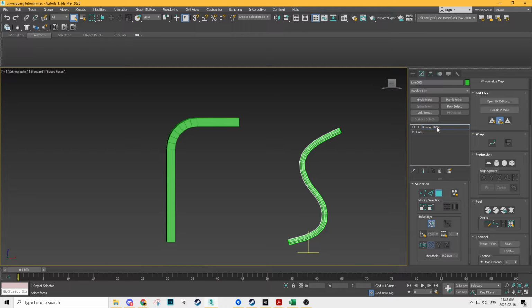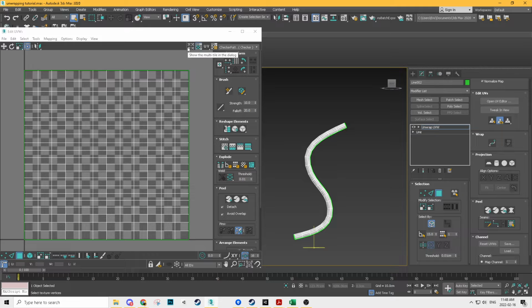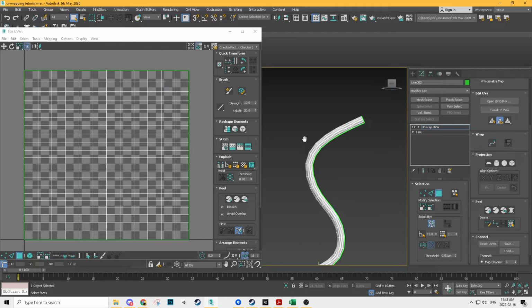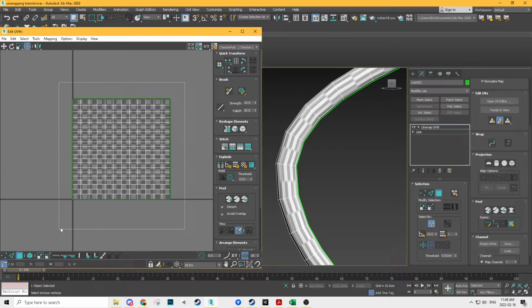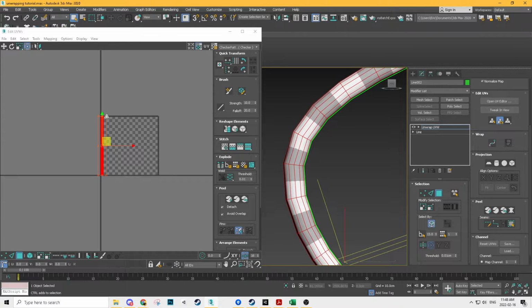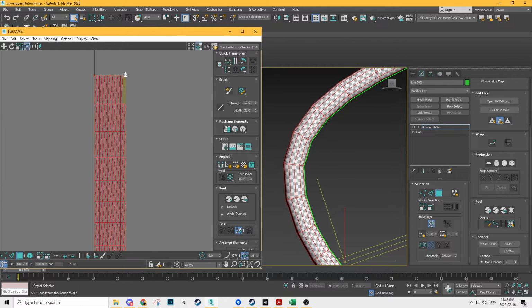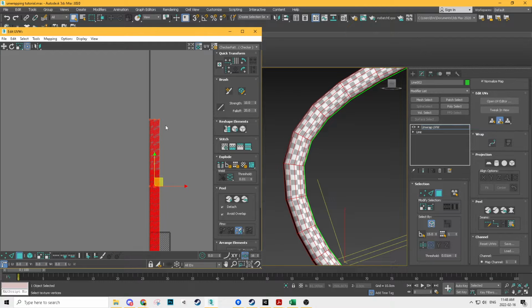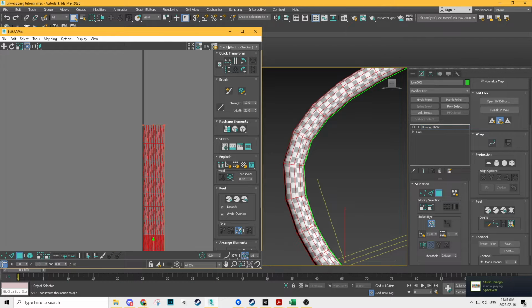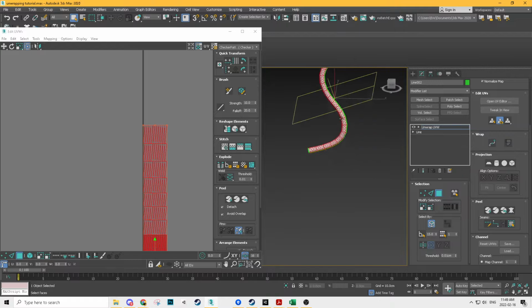So I'm going to add a UVW unwrap modifier in here. I have a shortcut for it. I'll show you that in a second. So they actually just do a straight flat unwrap like this. It's very stretchy in the beginning, but you can just scale it down. Right. Let's see. Boop. So nice even squares. I'm just using the checker pattern that comes with 3D Max here to see how these look. And you can see they're nicely unwrapped